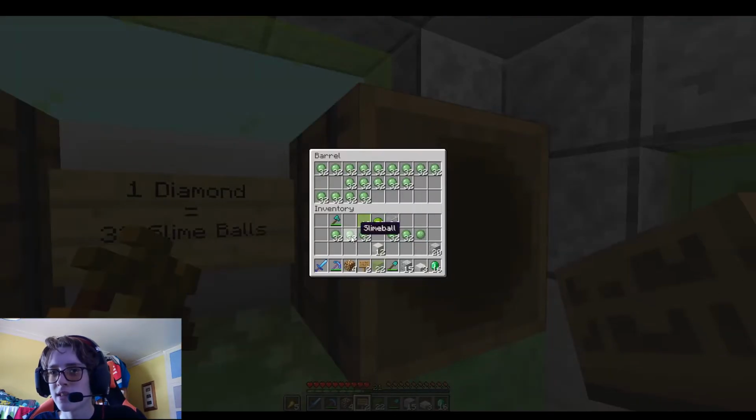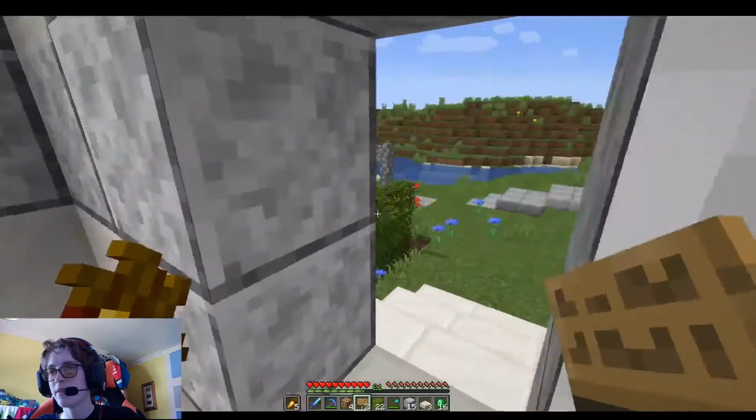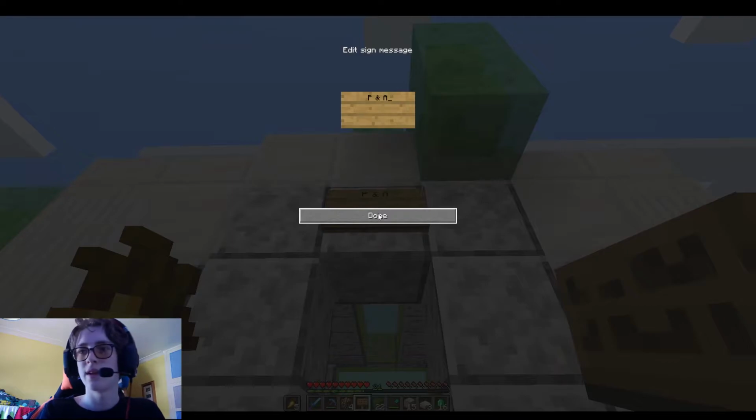And we'll do this chest a little bit different to that one. One of them will have... Yeah, there we go. That's probably good. And then, that looks cool. And I'm going to do some cinematic shots of this once I finish this up. So I'm going to call it P and A's